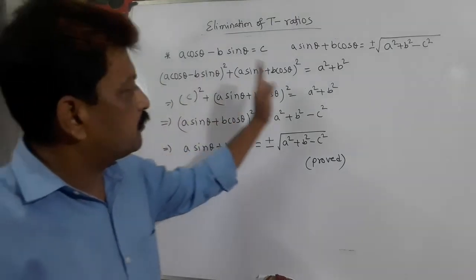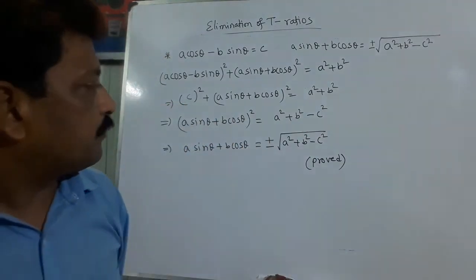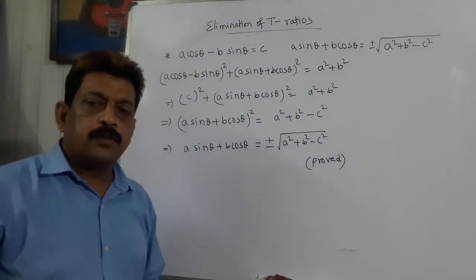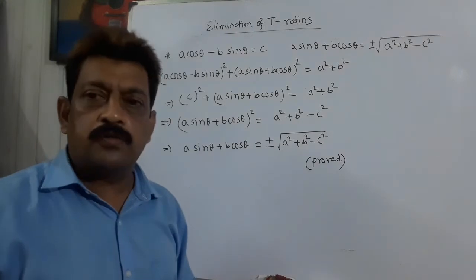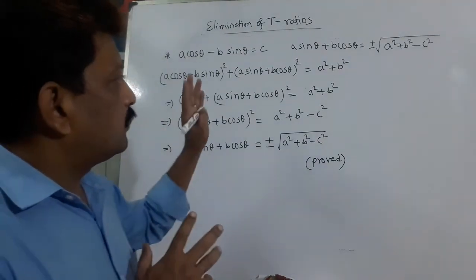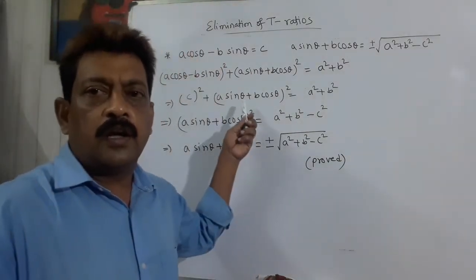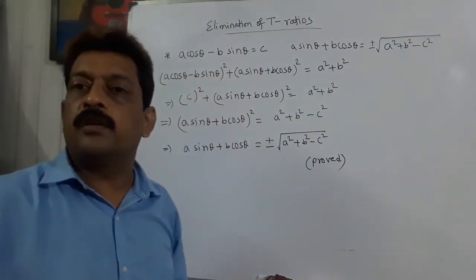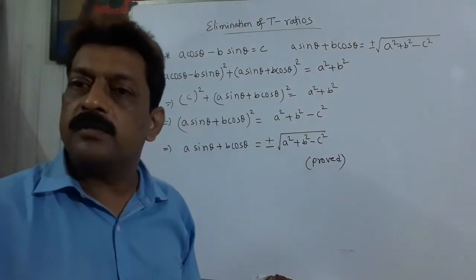C square will go to the right hand side, so it will become minus c square, and then we have to find the question part. Okay, so this technique is very useful in this type of sum. So many important sums are also there. I have solved one question which contains numerical coefficients, and here I have solved one question which does not contain numerical coefficients, but contains the variables a, b and c, but both will be done in the same way.